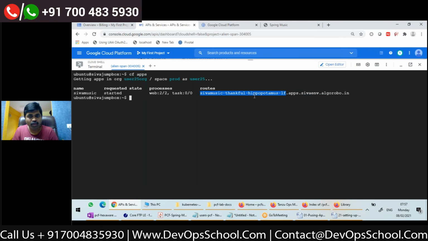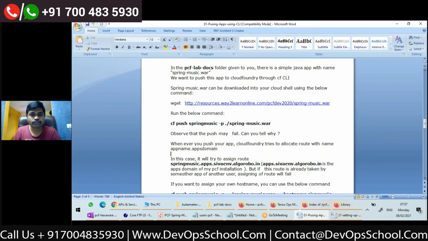This name, whatever I highlighted, is the route. By default the route name is the same as the app name you pushed, Siva Music in the earlier case. If you want a random route, you can use --random-route. If that route is not available, you'll get an error while pushing.